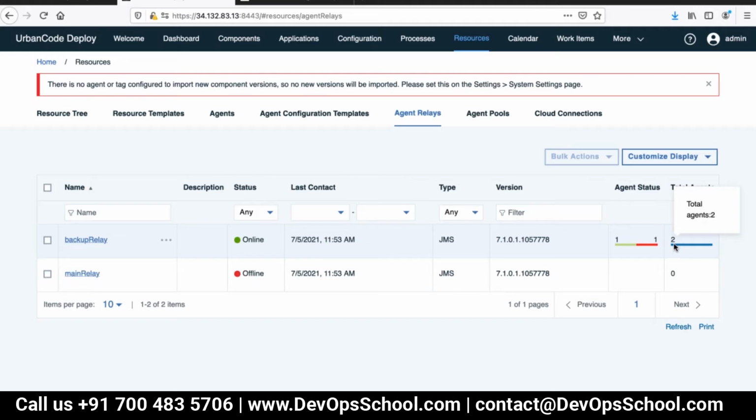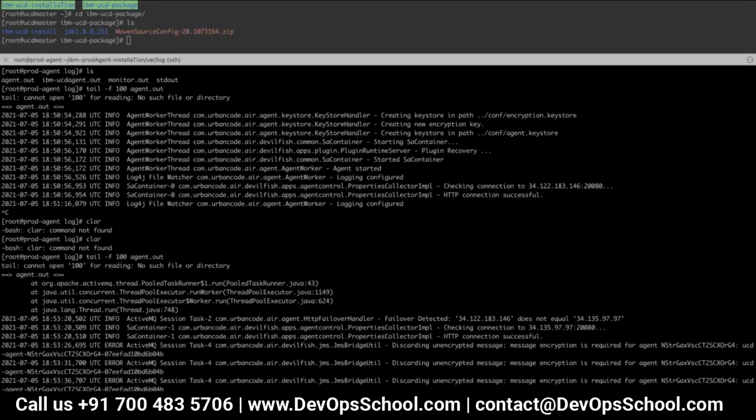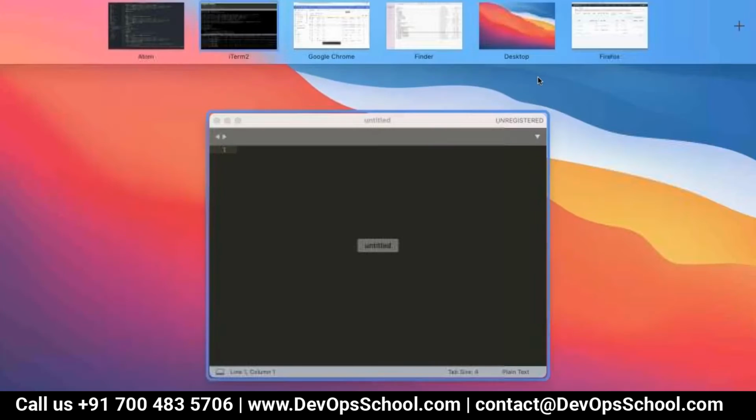Now go to the UCD agent logs. See, now it has detected the failover relay. The first line, yeah, I got it now.